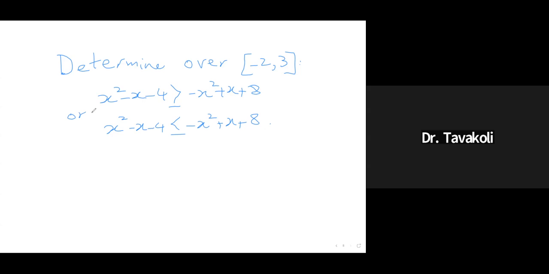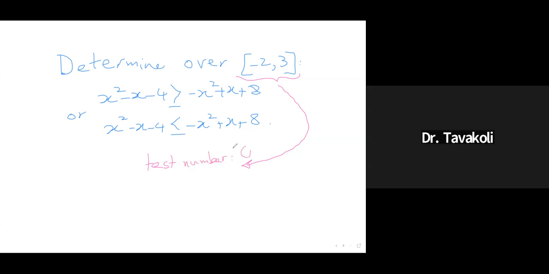As we discussed before, we need a test number from -2 to 3. What test number would you suggest? The easiest test number is 0. Of course, you can choose anything as long as it's in that interval. You can choose -1, you can choose +1, or +2. Or even you can choose 1.5, but we wouldn't do that. That just makes our calculation a little longer. So for the test number,